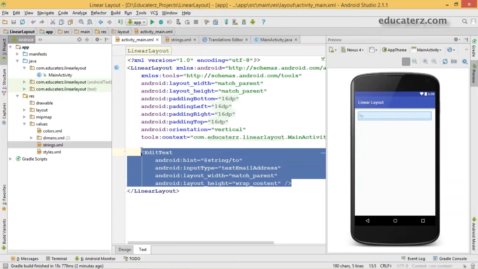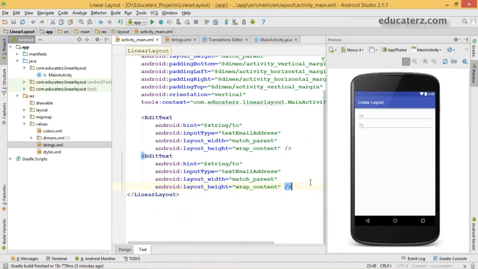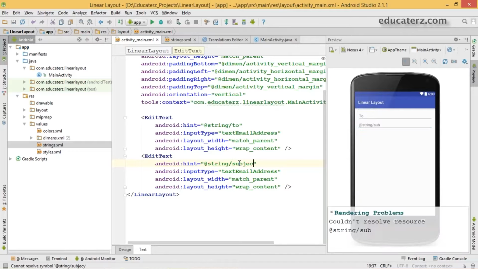The next one, create one more edit text, where I am going to enter my subject. Create a string, name it subject, and the input type will be normal text.